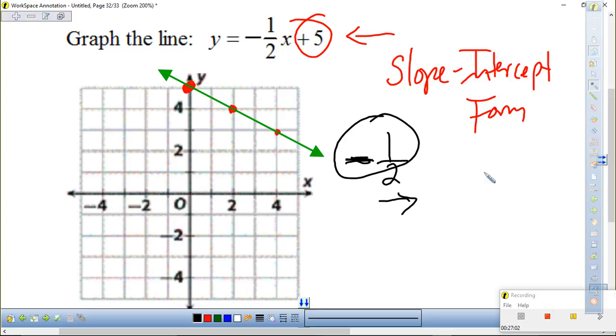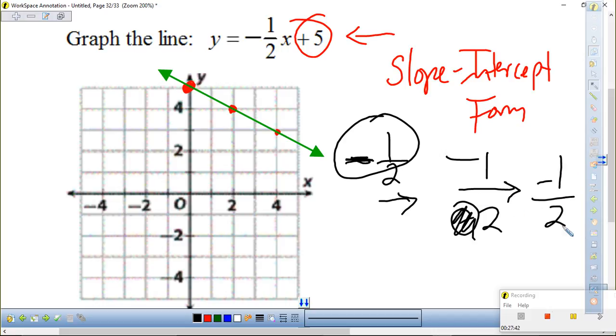Okay, let's see. So if it was like this, is that what you're saying? Okay. So what do I do with this? This tells me to go what? 1 up. And then? Do we ever do that? No. That means we're going to move this one here and leave it as negative 1 over 2. Okay. All right, let's go to number